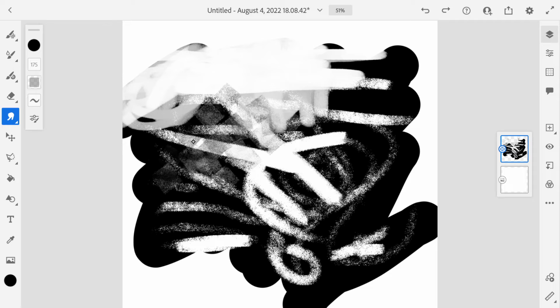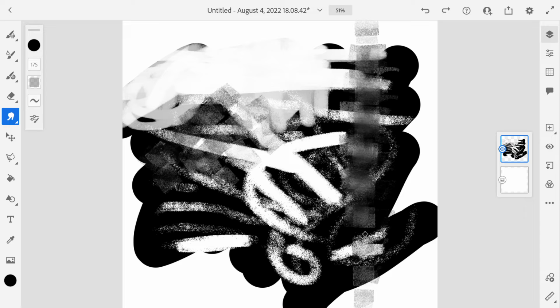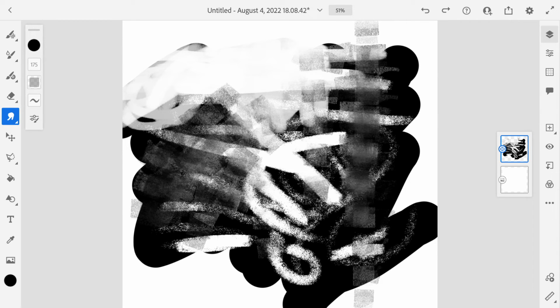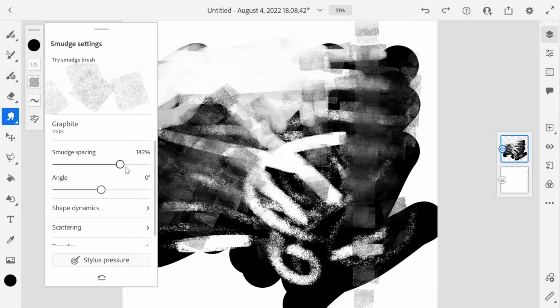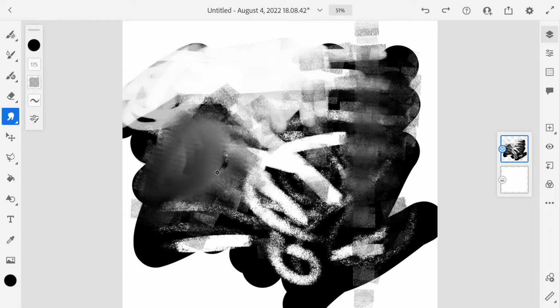Yeah. You see how when you increase that, there's sort of gapping between each stroke. It's a little bit hard to see on this color, but there's gapping between each stroke. Now if we do less smudge basing, you can also see it in the preview here. Like, this is a good blender,